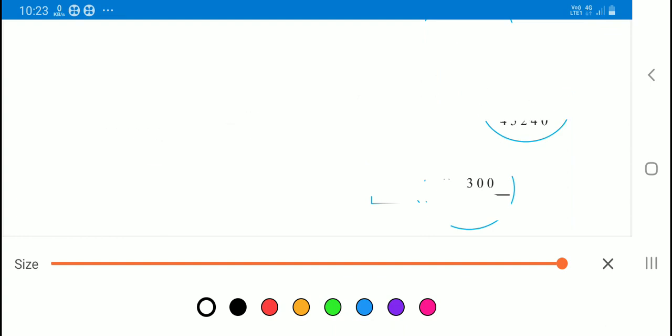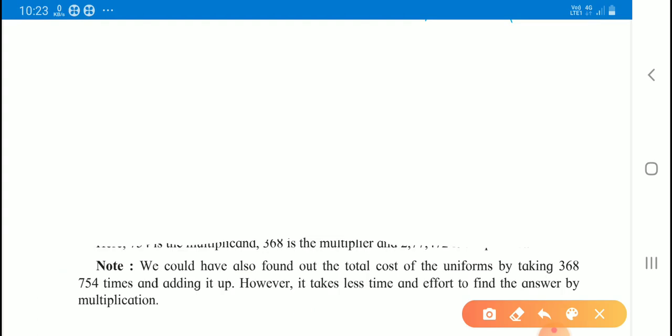Now we will take the 4-digit number and we will multiply it by a 3-digit number. So I will take the number as 1, 2, 3, 4 and we will multiply it by